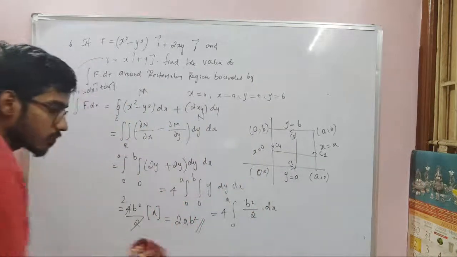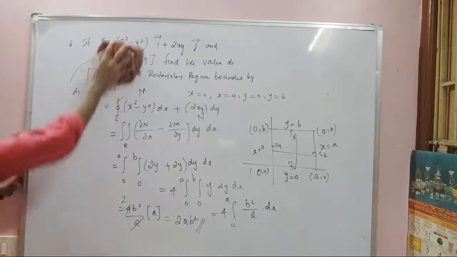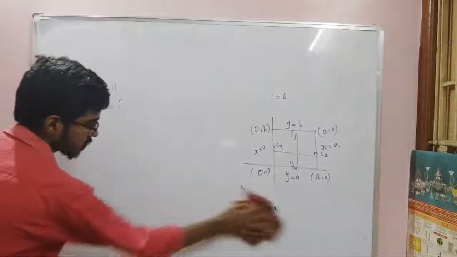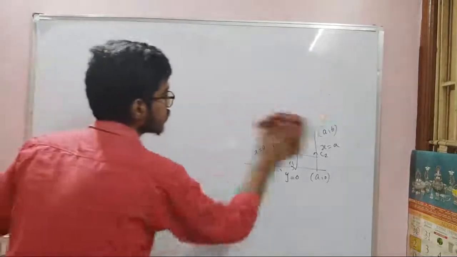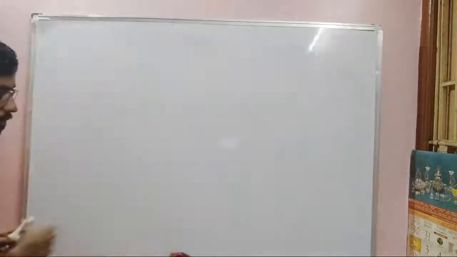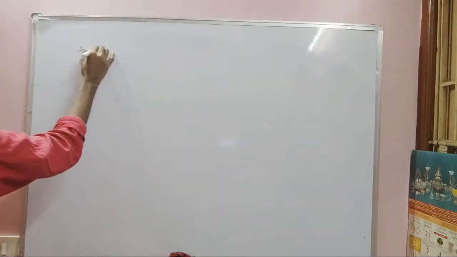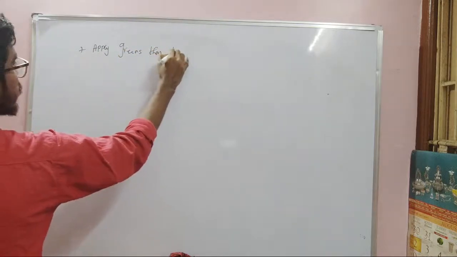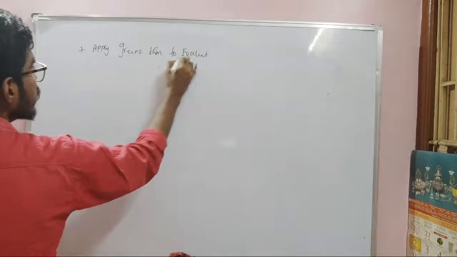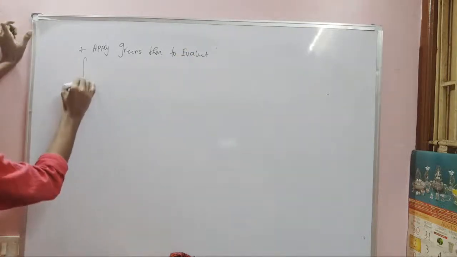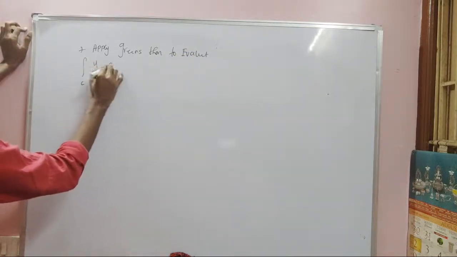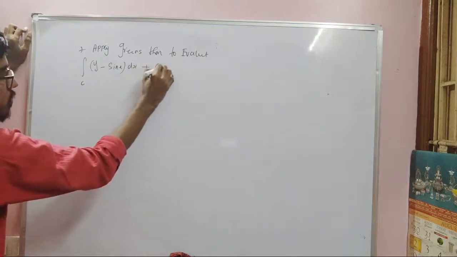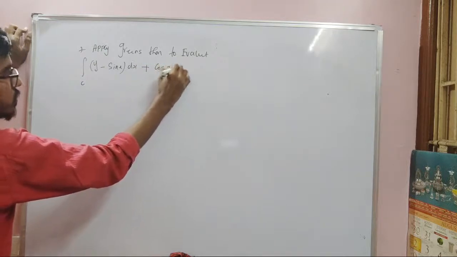Okay, the last problem, the seventh problem: apply Green's theorem to evaluate the integral over C of (y minus sin x) dx plus cos x dy,